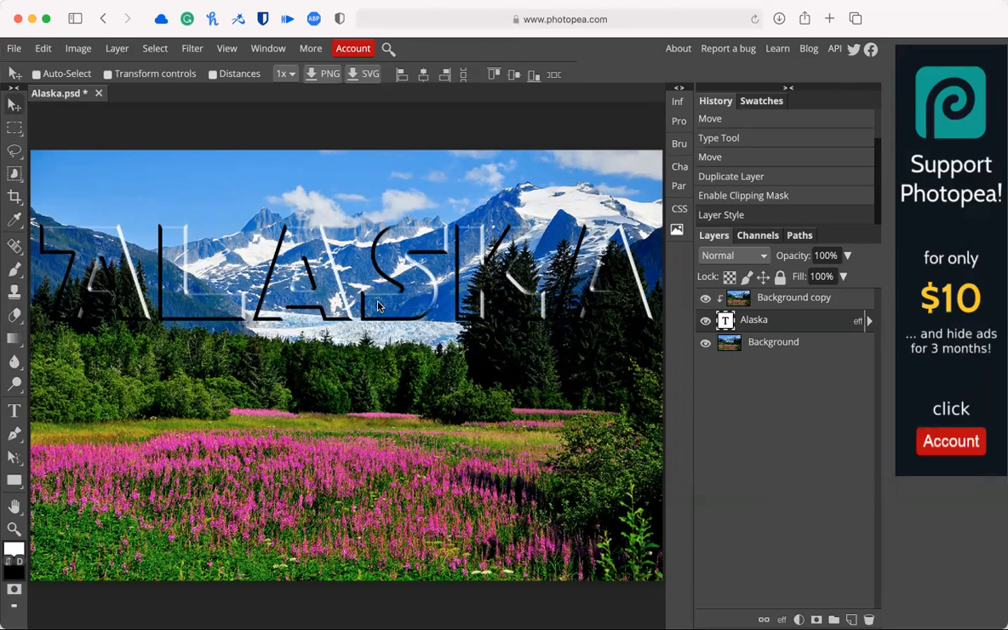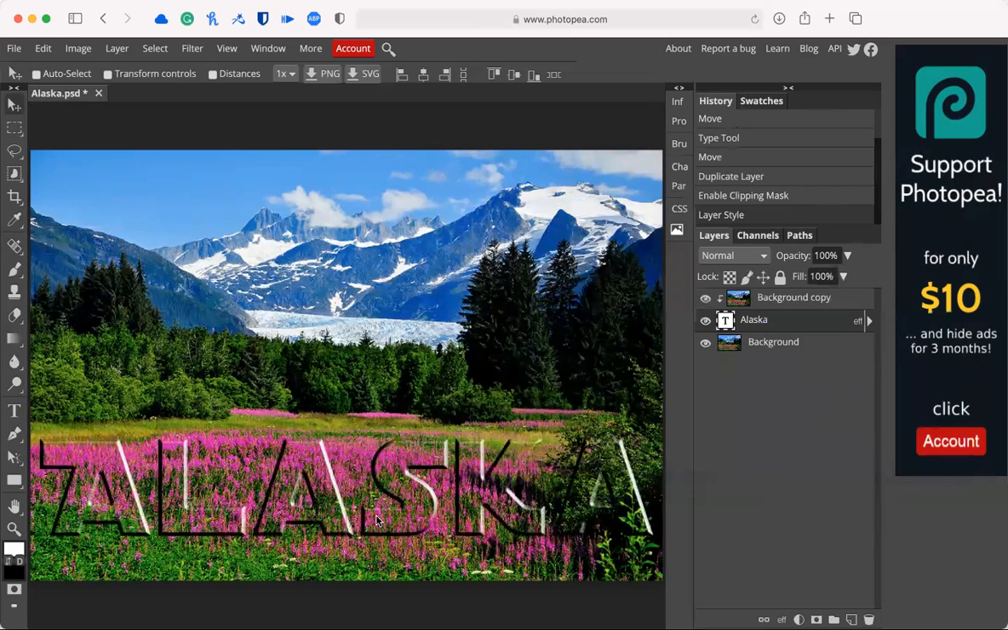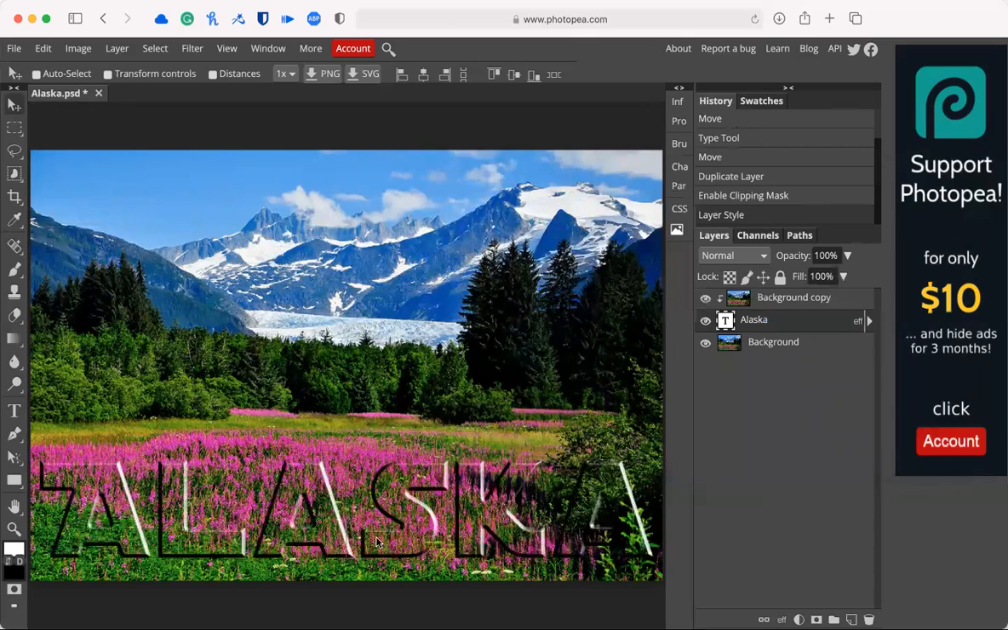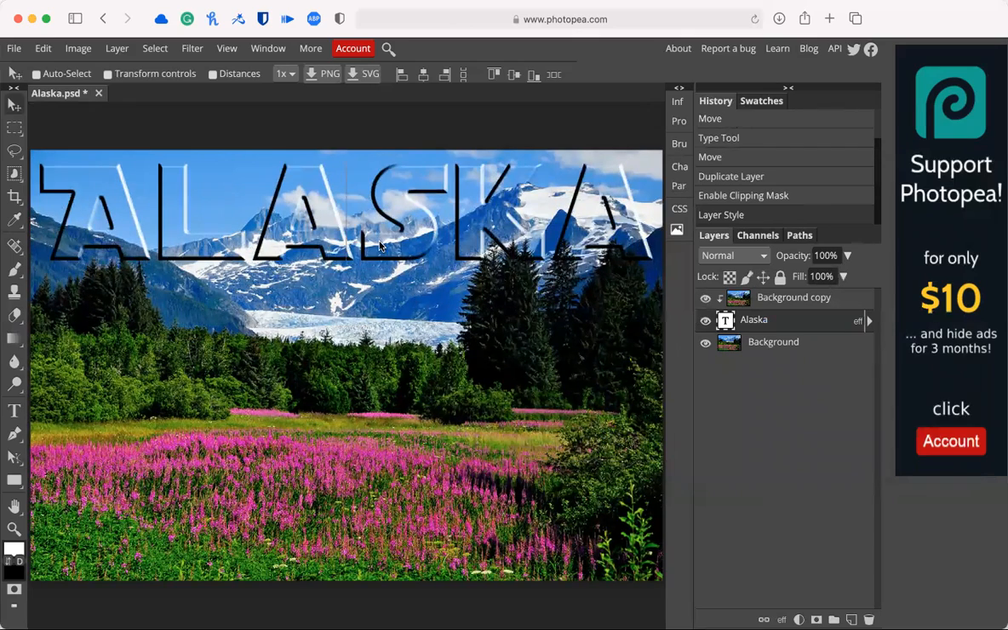We can take this and drag it around now anywhere we want, which is the cool thing. So we can put it right up in the sky on the mountains or down in the flowers. We'll put this one up in the skies. Now there's a couple other things you can do. We can go back to effects